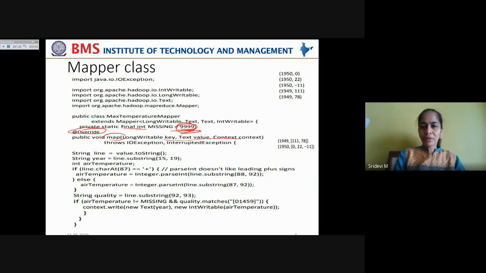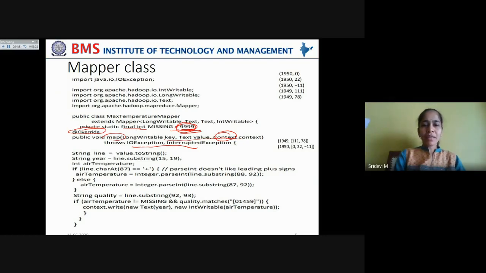The Context object will transfer the data from one context to another context. In this scenario, it is from the mapper class to the reducer class. That is why we have to use this Context object in order to carry the data between different phases of processing. And this throws IOException and InterruptedException.